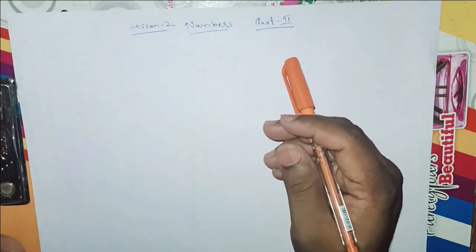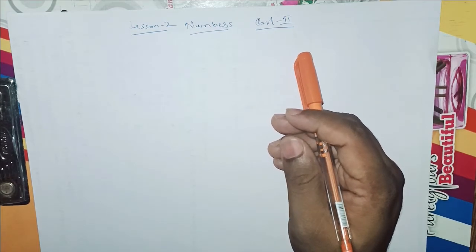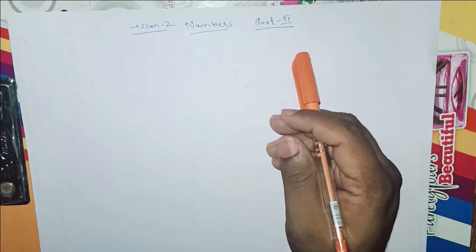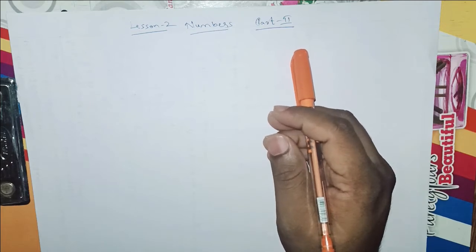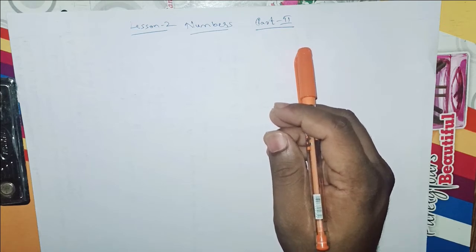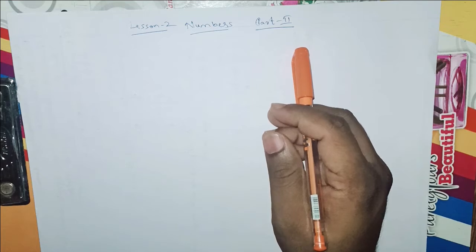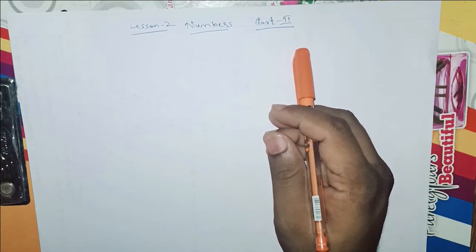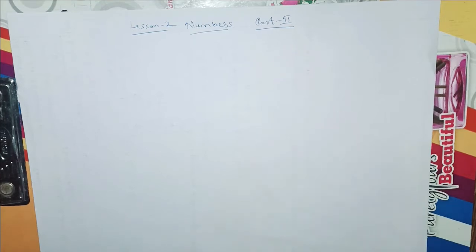In the last video of second standard maths, we started with the numbers, right? We discussed how to write the numbers from 1 to 100, placing the numbers in tens and units place, and also how to write the expanded form of a given number and how to convert the expanded number into a short number. So today in this video we are going to see the further concepts and also we will try to cover the textbook problems. Okay, so without wasting time, let's start.